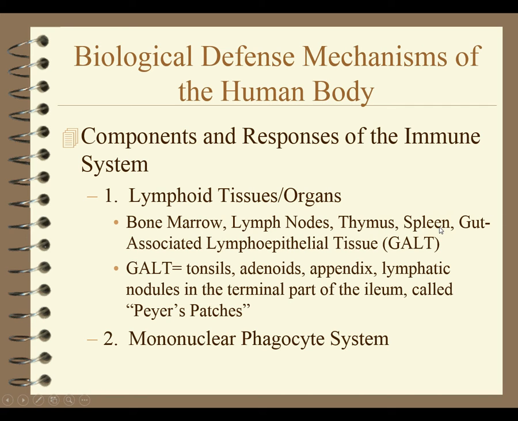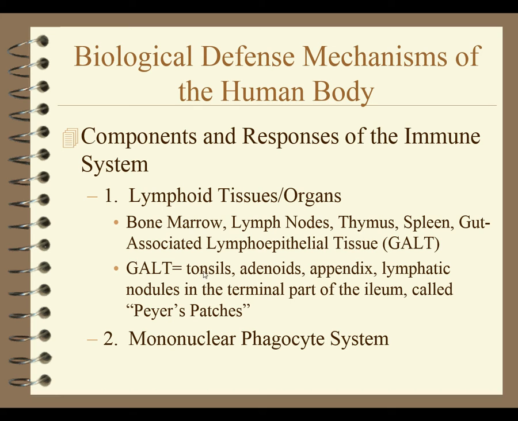Your spleen, we know, is an encapsulated vascular organ that's about fist size in your upper left quadrant of the abdomen. We know there's the red pulp and the white pulp, and it's the only lymphoidal organ that can filter blood. Very important to remember. Then you have what's called the GALT, the gut-associated lymphoepithelial tissue. And this would be things like your tonsils, your adenoids, your appendix, that also help in different systems, particularly fighting